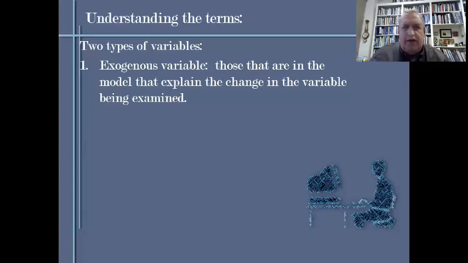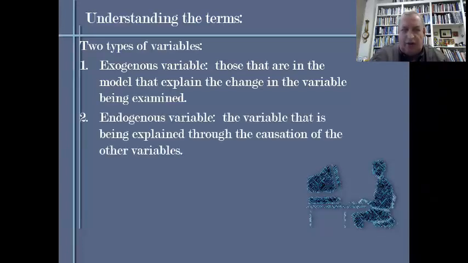These are the ones that either have a direct effect on a variable or an indirect effect. And this is sort of going to be where you have to look through that, because an exogenous variable may change from an exogenous variable to an endogenous variable, which is a variable that is being explained through the causation